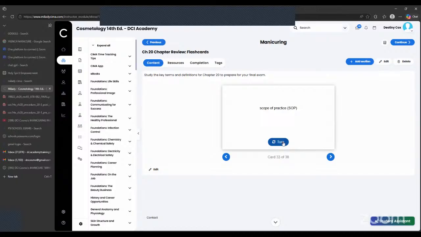Scope of practice, your SOP. This says what you are allowed to do within the cosmetology realm as it pertains to manicuring. What is your scope of practice? Whether you're an esthetician or whatever, there's a scope of practice. It's the list of services that you are legally allowed to perform in your specialty in your state. As an esthetician,